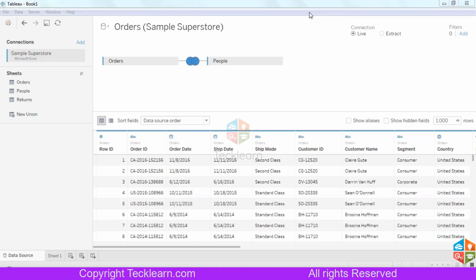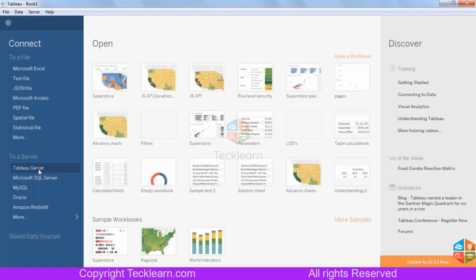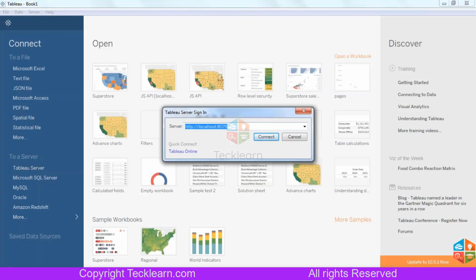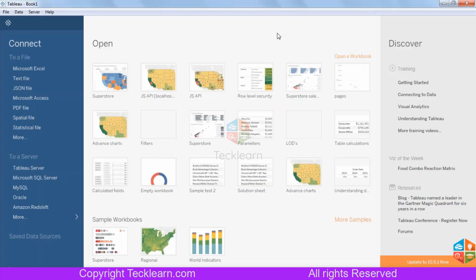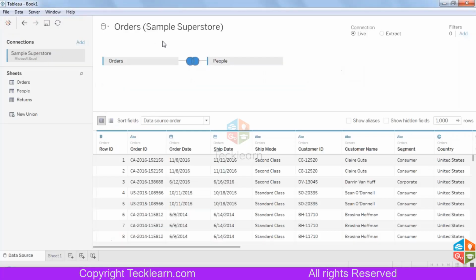In one of the projects I was working on, they had big data at the back end. It was not possible to move that much data from their environment to ours, and that would not have been secure. So we used a live connection with the help of the Tableau server link. You just pass your Tableau server's link over here, and you can connect to that dataset directly. That is the context we are using here. There is no link to dynamic behavior.